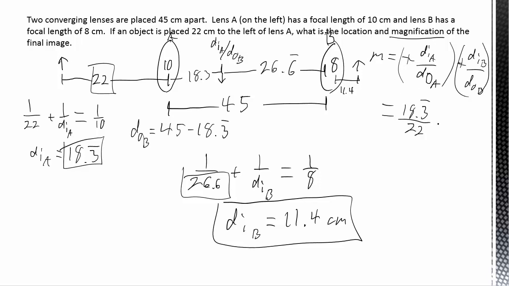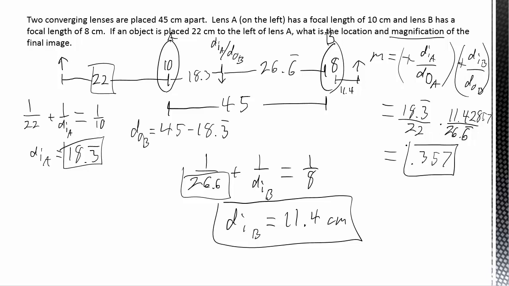Object distance was 22, multiplied by image distance of B, which was 11.4. There were more digits than that, but anyway. And object distance was the 26.6 repeating. So you want to grab all these values out of your calculator so that they are not rounded. Yeah, this was 42857 or something like that. Okay, you multiply all that through and you get